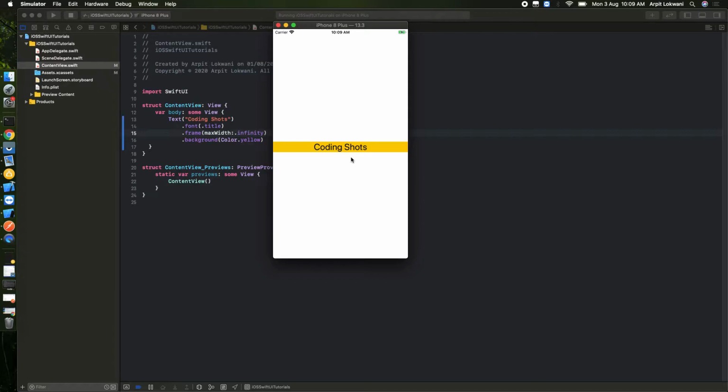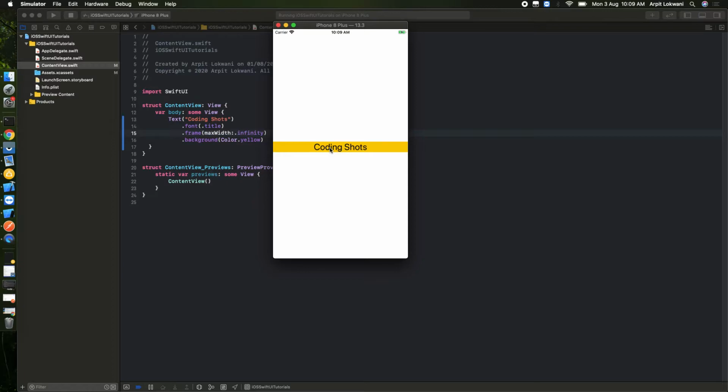But what actually happens is not what we might think. We wrap the text view with a new view. You getting my point, right? We wrap the text view with a new view which expands across the entire width of the screen and applies the background color to the wrapper view. You can see that it's a wrapper view. The text view still takes the minimum horizontal space needed. You got it, right? Understood, simple.